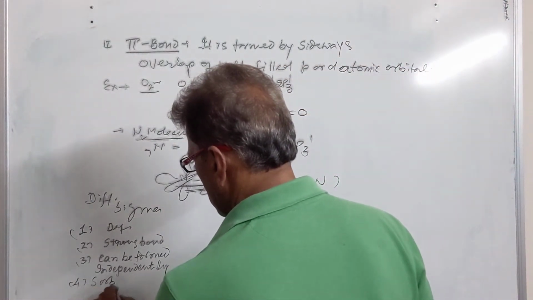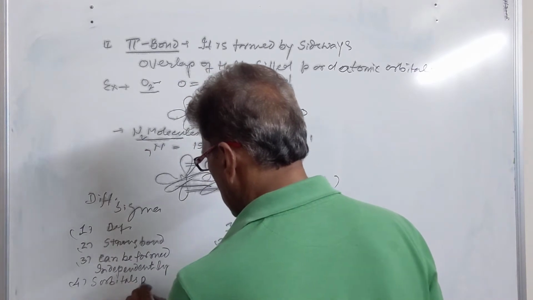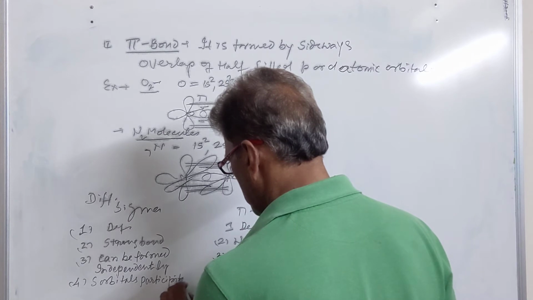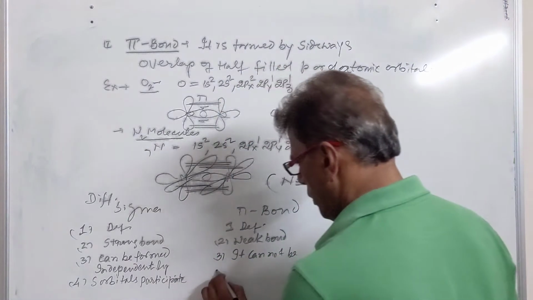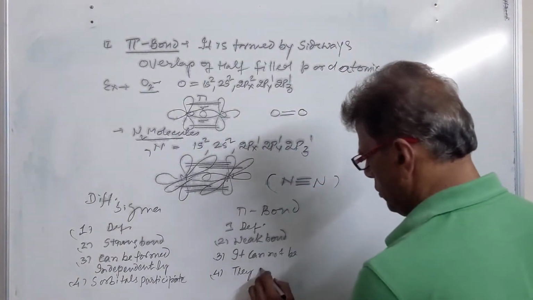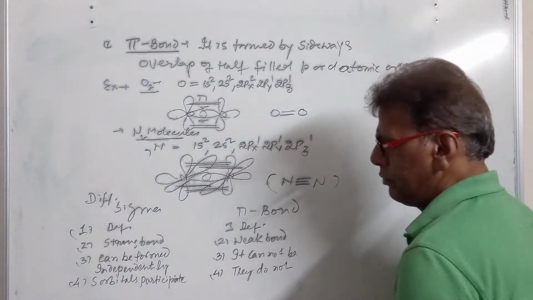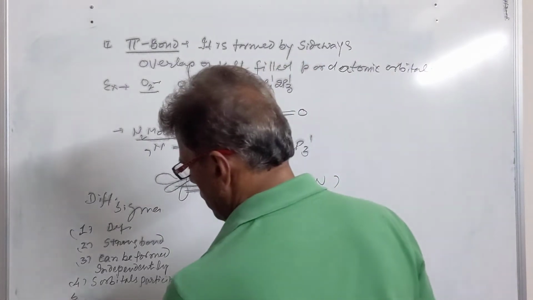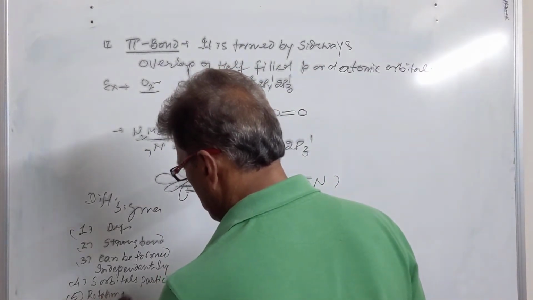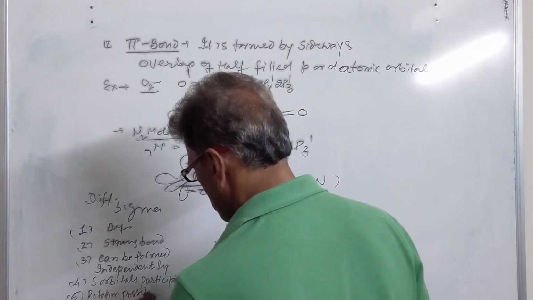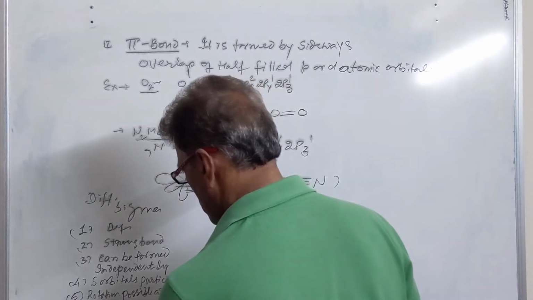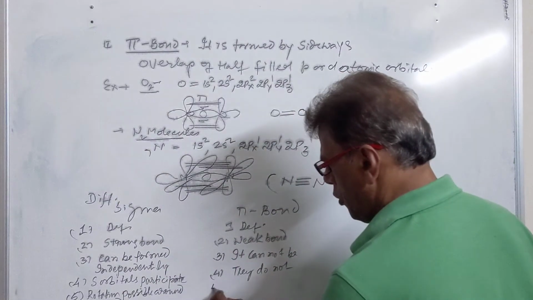Fourth, s orbitals participate in the formation of sigma bond, while in pi bond they do not; only p and d or f orbitals are involved. Fifth is rotation around the bond: in sigma bond it is possible, in pi bond it is not possible